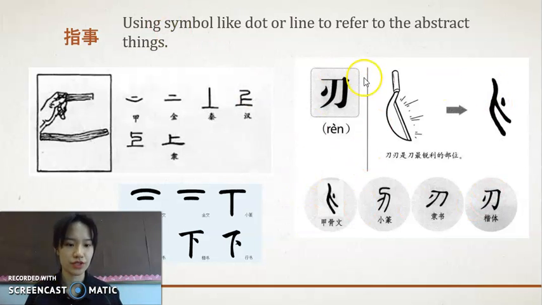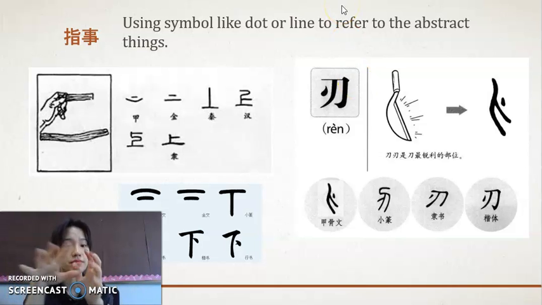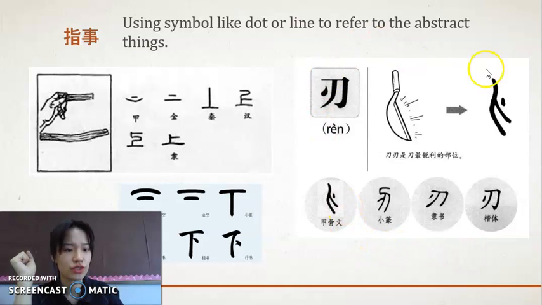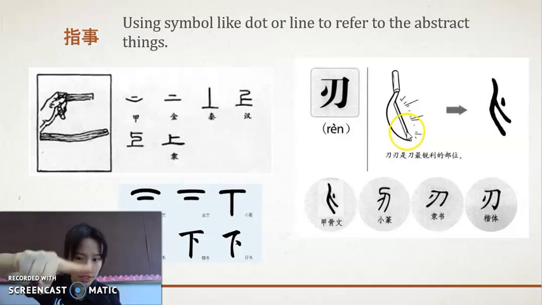So if you look at this picture, 刃. What do you think? Do you think it's talking about a knife? But a knife is a specific object. Why are we not using pictogram? Actually, if you want to talk about a knife, that is a pictogram. People can draw it and later change it. But this 指示 way of creating characters refers to a specific thing, with the pointing finger pointing at